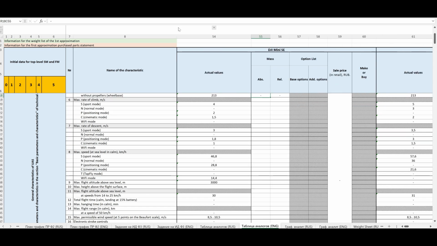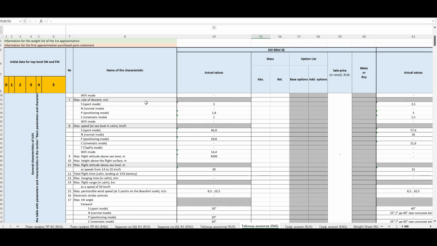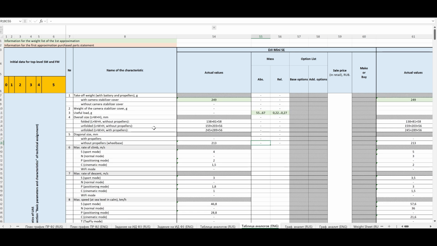Next, we select a group of market analogs for which information about their theoretical characteristics is provided in open sources, for example, on the manufacturer's website, and their consumer functions are described in the terminology of value analysis and value design engineering, after which the technical requirements will be formed on their basis, as well as a separate section of the